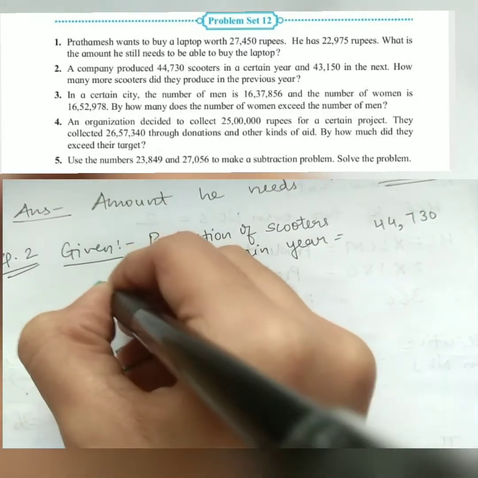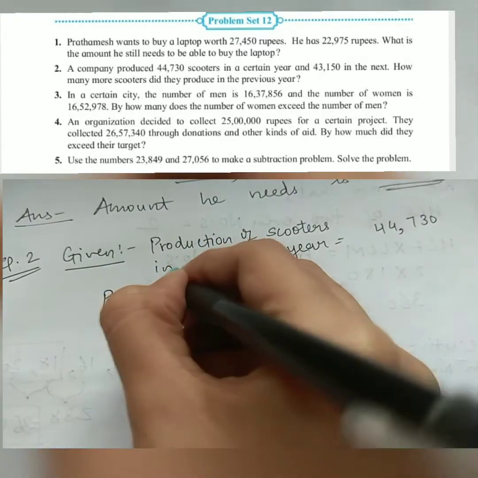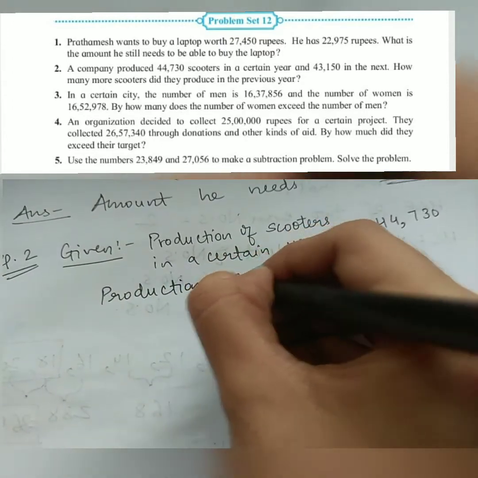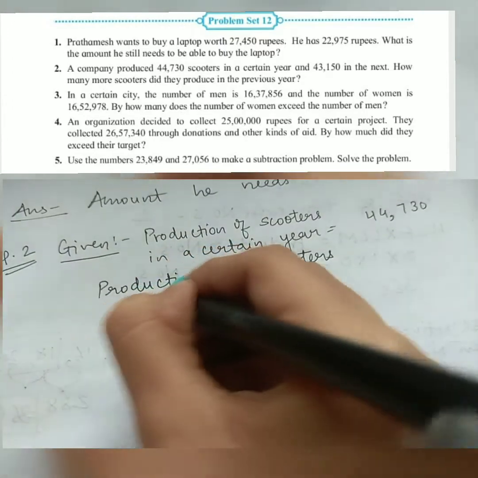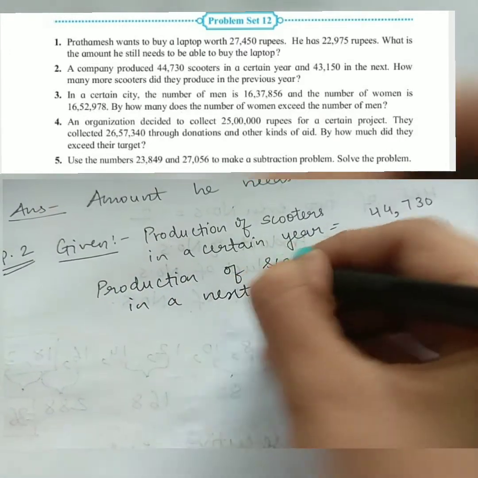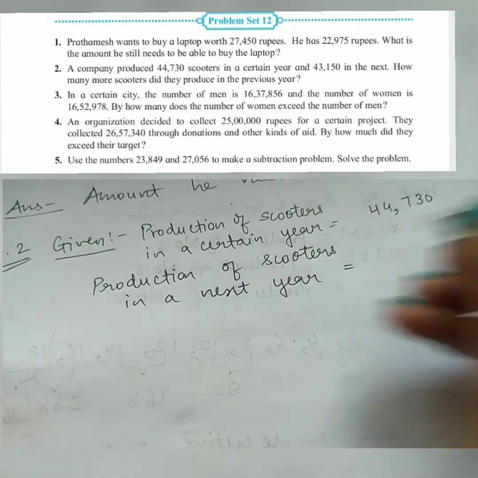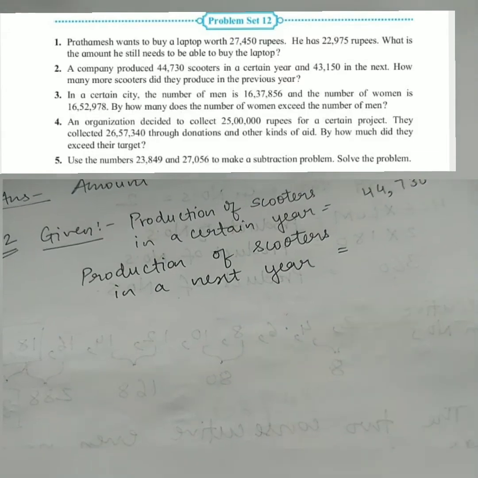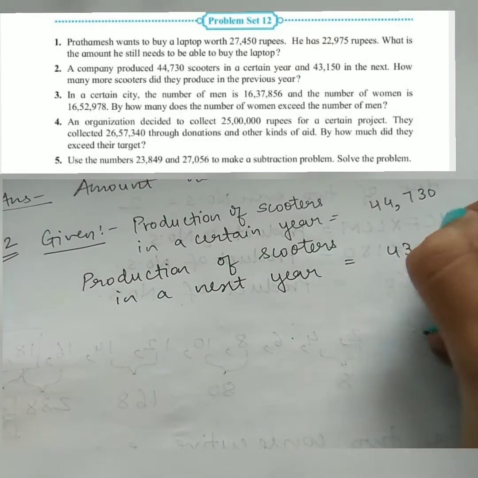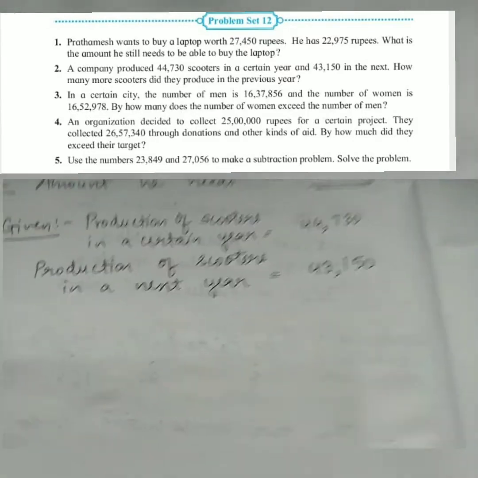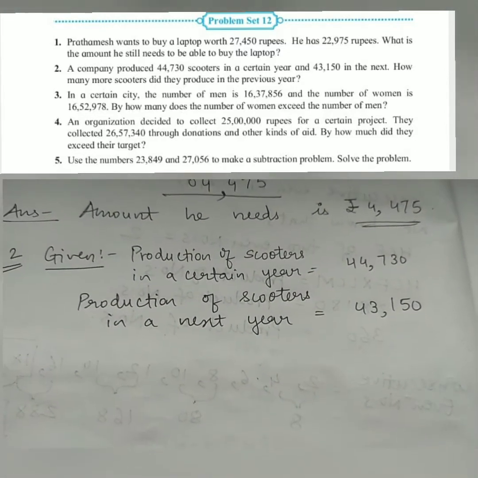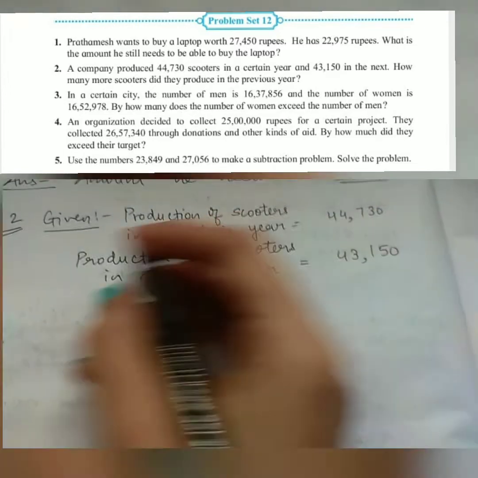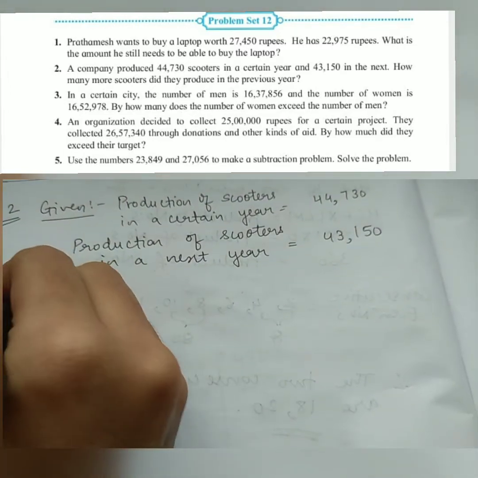44,730. Next, production of scooters in a next year is 43,150. What we have to find? How many more scooters did they produce in previous year? To find